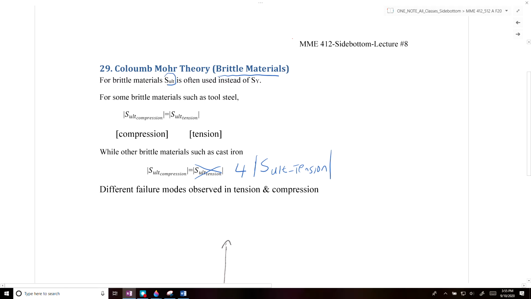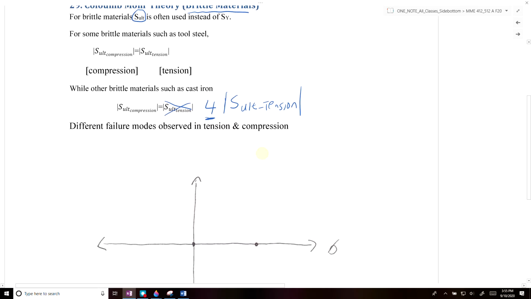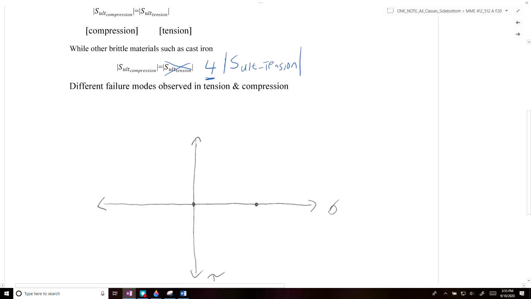an ultimate strength. For certain brittle materials like tool steel, the ultimate strength in tension and compression is the same. While other materials like cast iron, for example, are sometimes much stronger in compression, sometimes up to 4 times stronger in compression than they would be in tension. So, due to these different failure modes, typically for brittle materials in tension, they will fail along